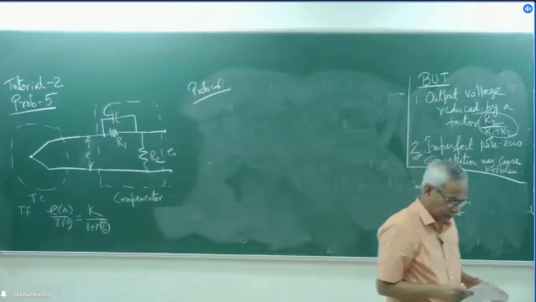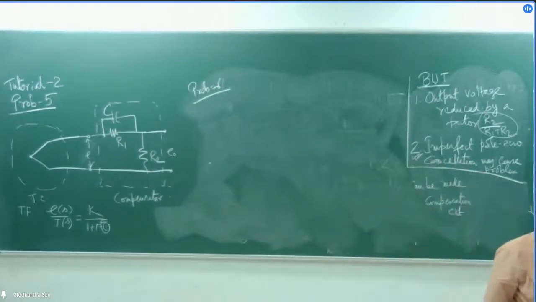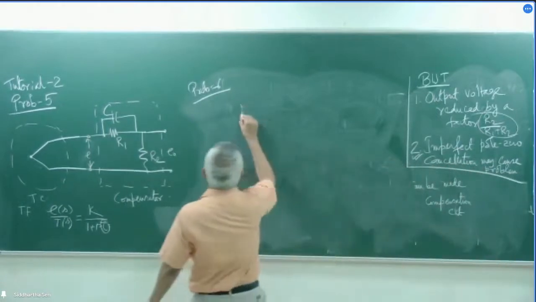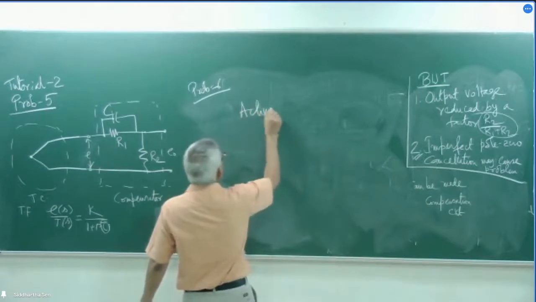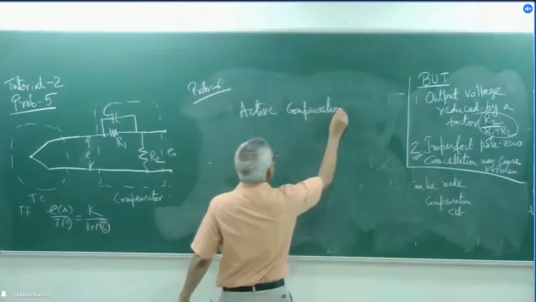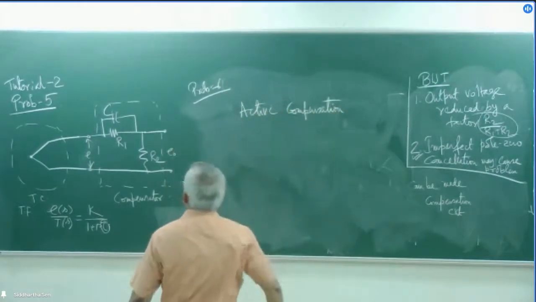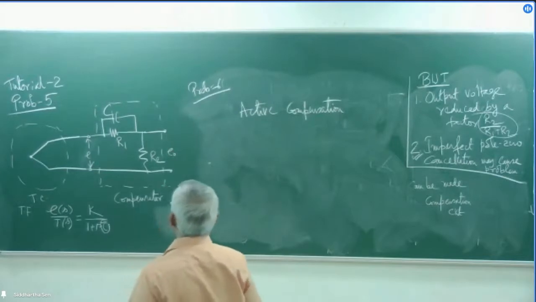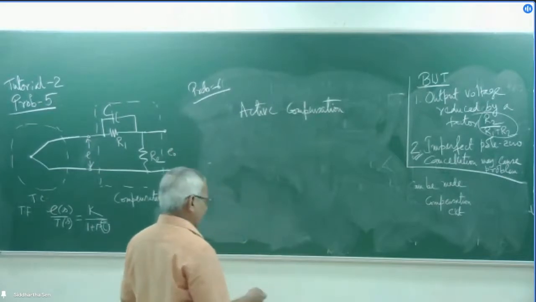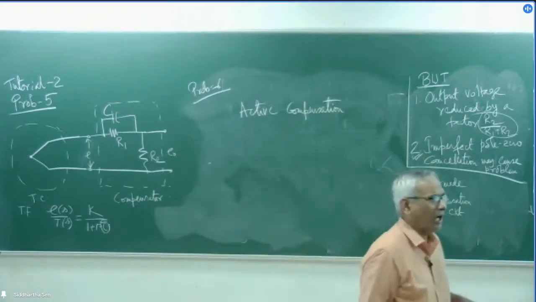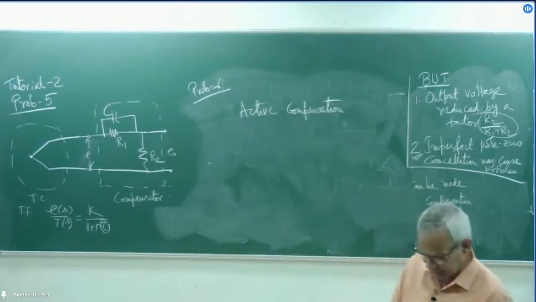The compensating network shown above is a passive circuit that causes attenuation of the output voltage. Design an active compensation circuit. So in place of it, if we use some op-amp and make an active compensation circuit, we can make the system faster, as well as achieve the desired gain.